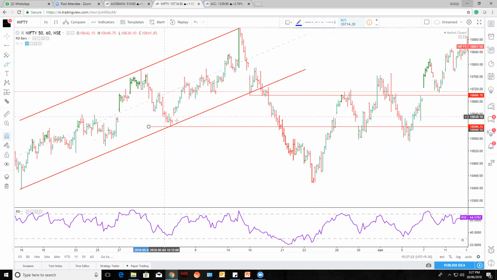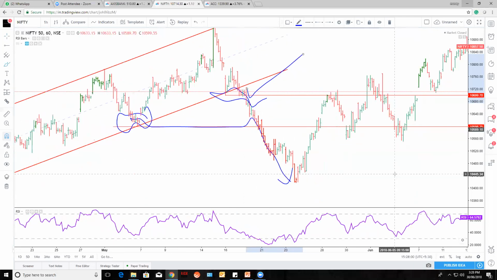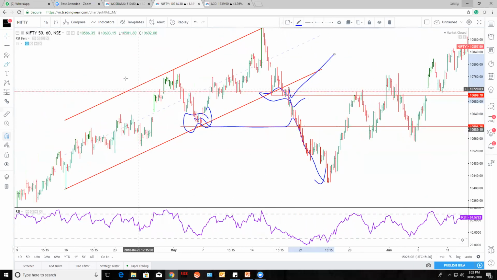Whenever there is a channel break, wait for this low to break, then you can trade for the downside, or else at least that candle which broke the channel has to break. At this particular price, this candle has broken the low of the candle which broke the channel. So here also you can take, and here also you can take the sell setup. Until and unless it is closing below, you are not going to sell it, because most of the time what happens is it breaks the low, breaks the trend line, then it will go further. It happens.